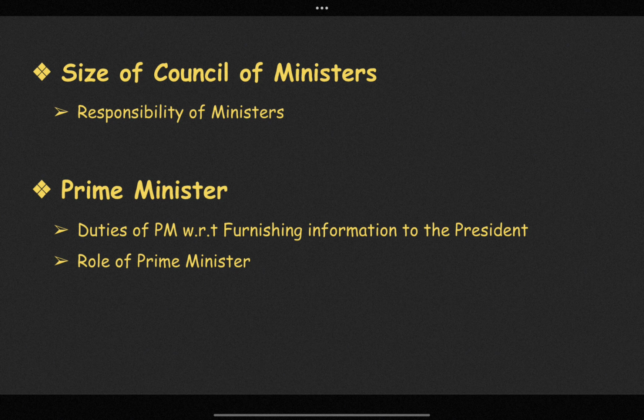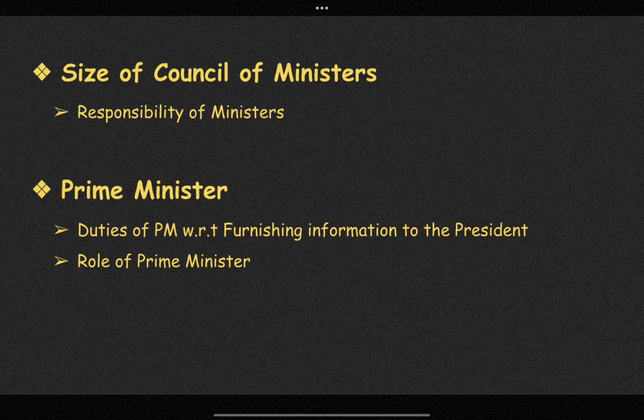And the answer for this is that the British scholar Harold J. Laski, commenting on the role of the Prime Minister in the parliamentary form of government, gave the view that the Prime Minister was central to the formation of the Council of Ministers, central to its life, and central to its death. So, as India has a parliamentary form of government, the views of Laski hold good for India as well. It is on the advice of the Prime Minister that the President appoints the other ministers.